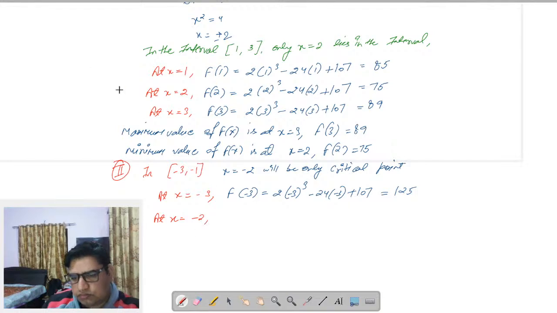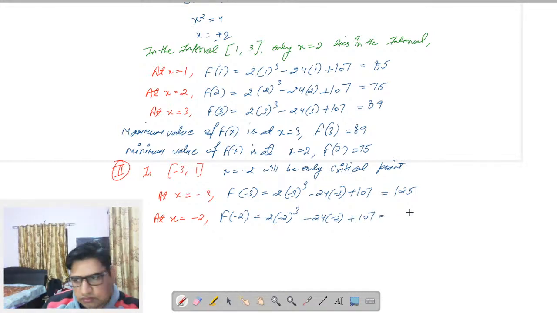minus 2. The value of the function at x is equal to minus 2 will be 2 into (-2) cube, plus 24 into (-2), plus 107, so that will be 139. Okay, and similarly at x is equal to minus 1,